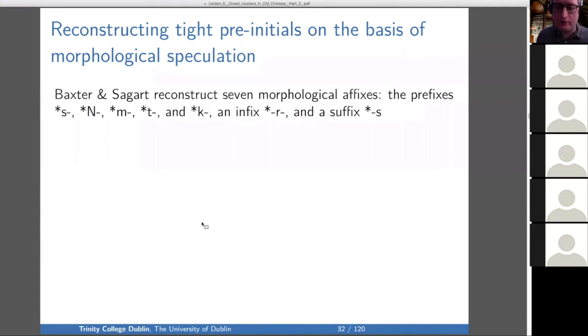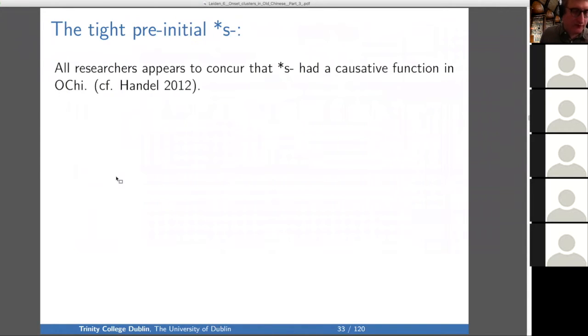Okay, so now on to morphological speculation. So Baxter and Sagart reconstruct seven morphological affixes: the prefixes S, capital N, M, T, K, an infix R, and a suffix S. Okay, so first, tight preinitial,